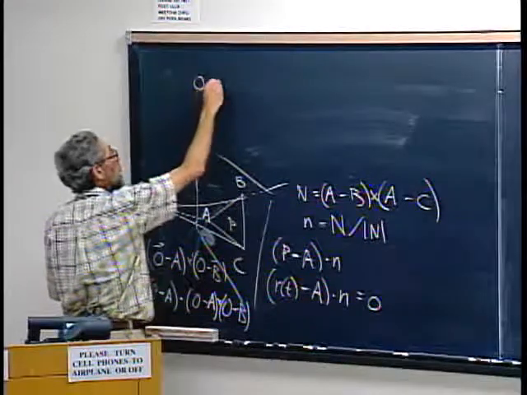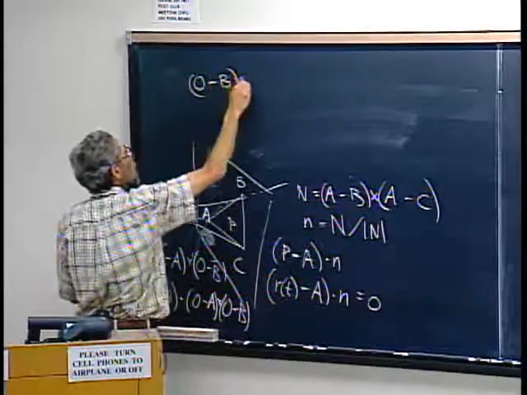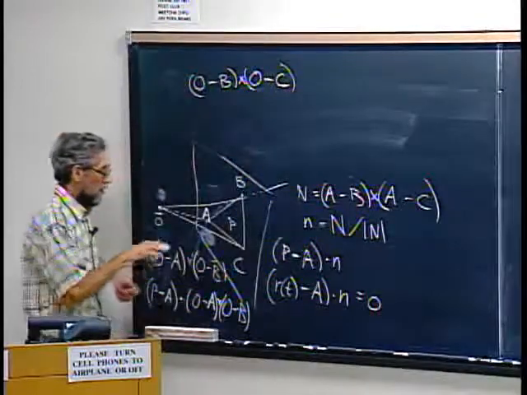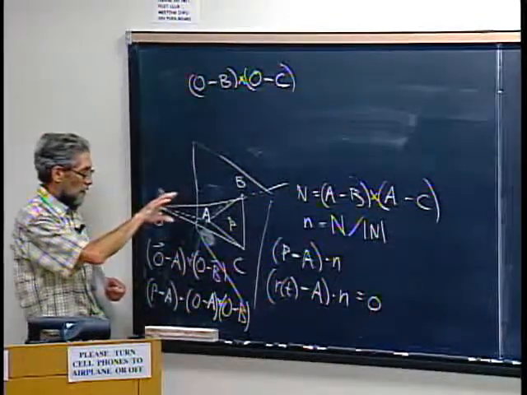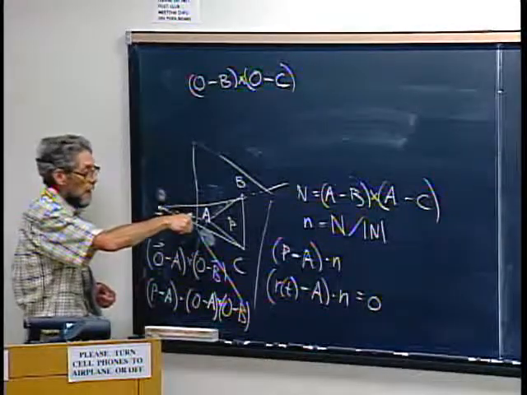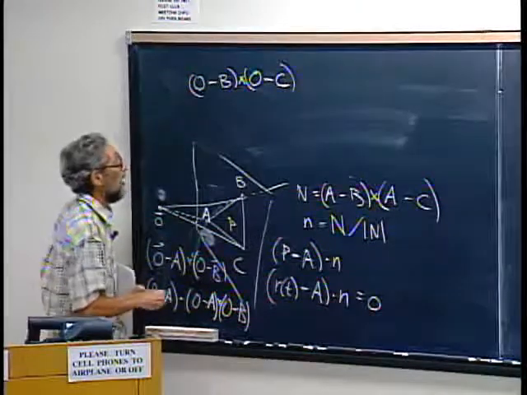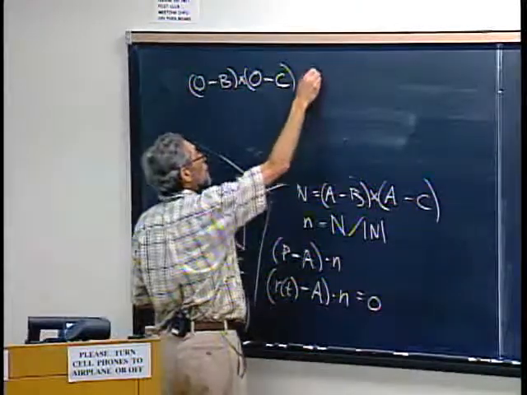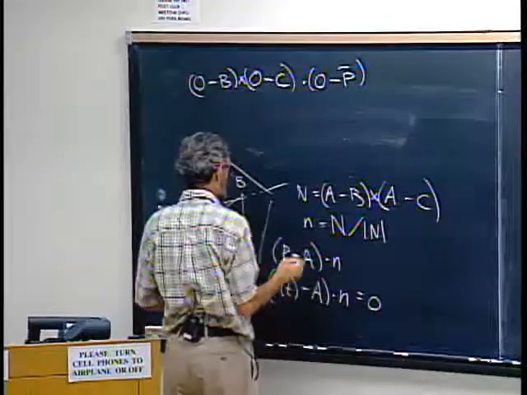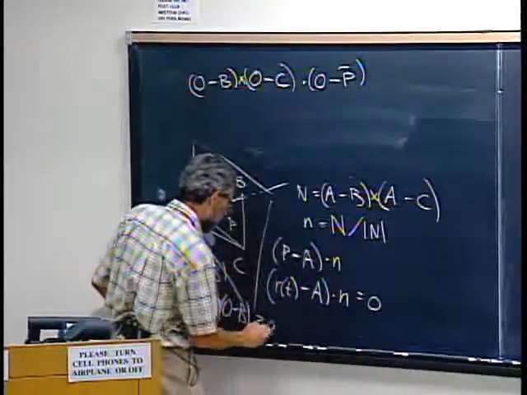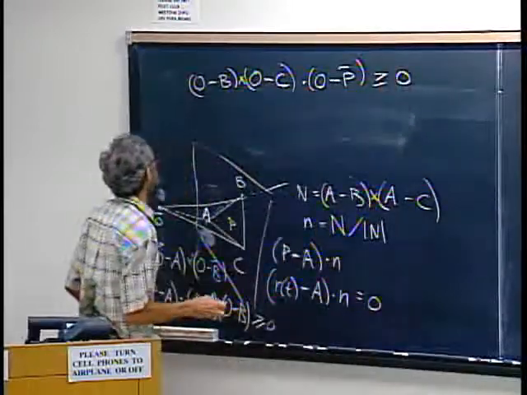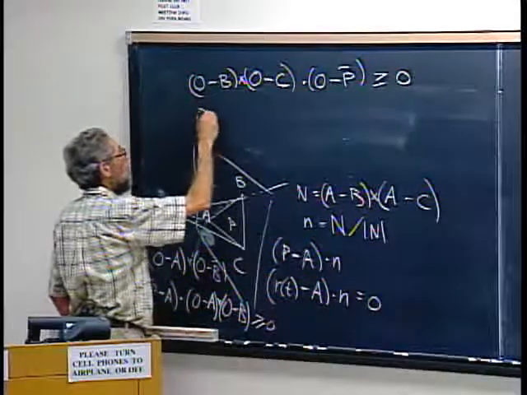O minus B cross O minus C. Let's see. If I do it like that, I'm pointing toward the inside of this pyramid. And so if I take that, it doesn't matter which order I take the dot product, so I'll write it this way. Times O minus P. So if this is greater than or equal to 0, and this one is greater than or equal to 0, and O minus,